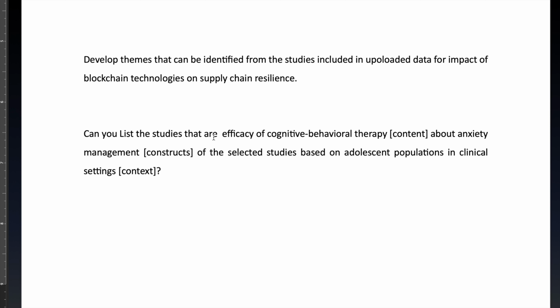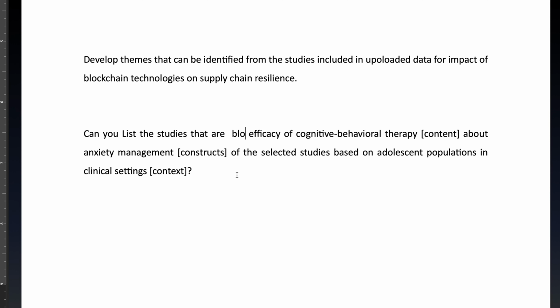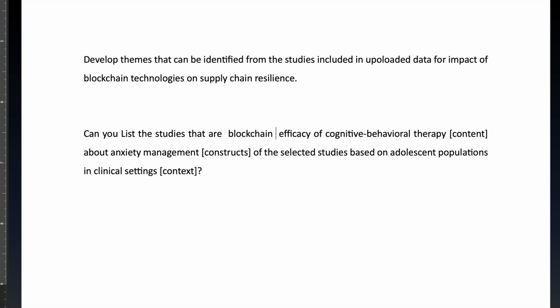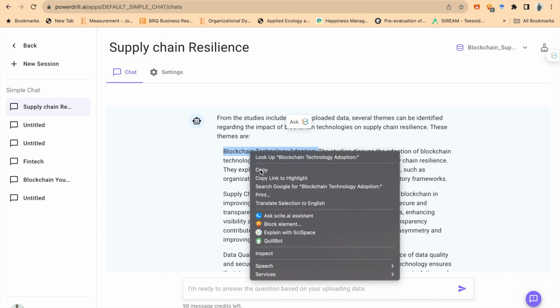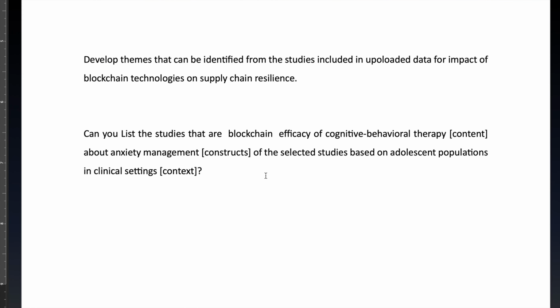This is the content and construct. So the construct is, let me check back. I'm just copying this content. Okay, so blockchain technology adoption